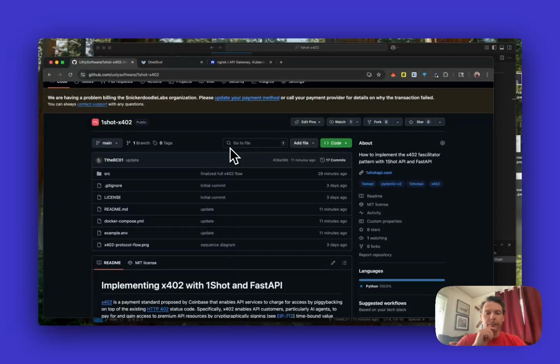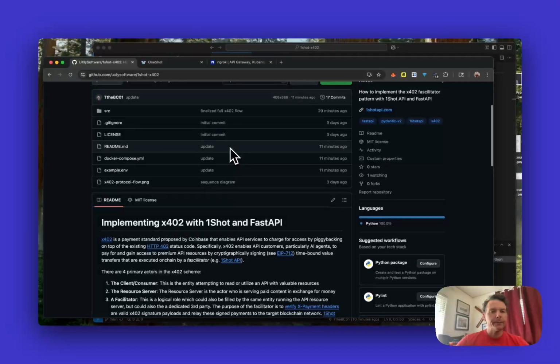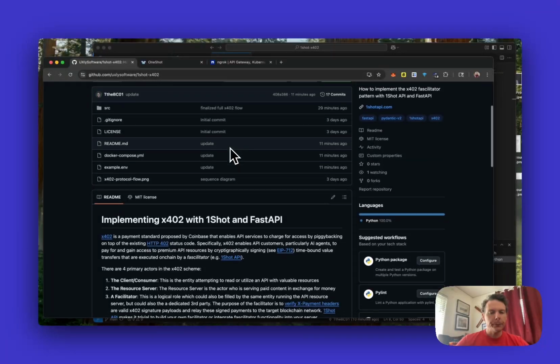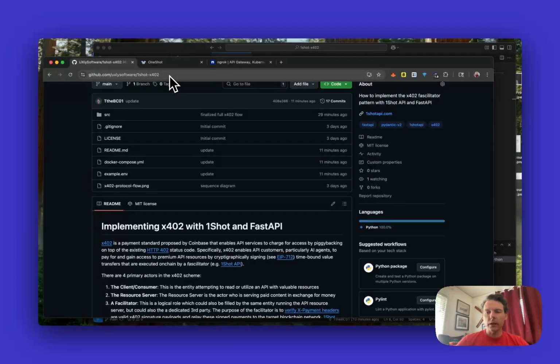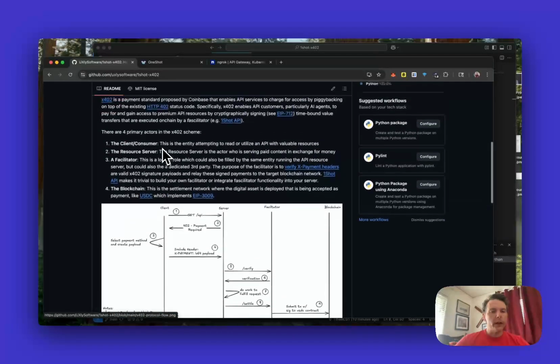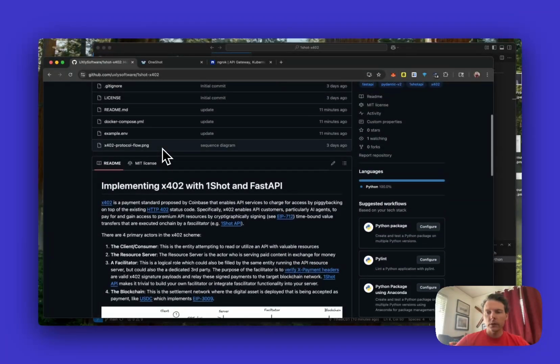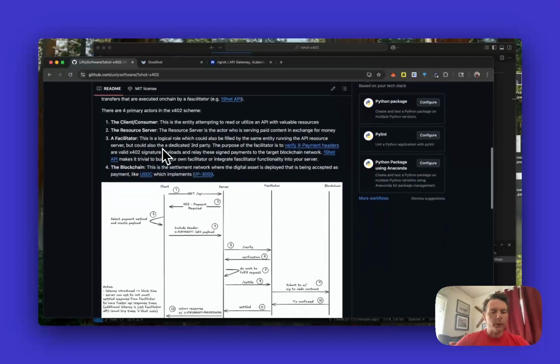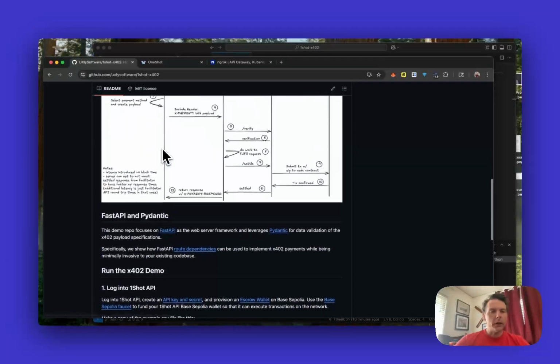And what I want to show you today is how you can easily integrate x402 payments into your FastAPI server using One-Shot API. And I've put together a complete running demonstration repository for you. The link is in the post, and you can clone this repository and run it end to end with just a few API credentials. And integrating it into your project should be a snap with what we've got to show you here today. So to get started,